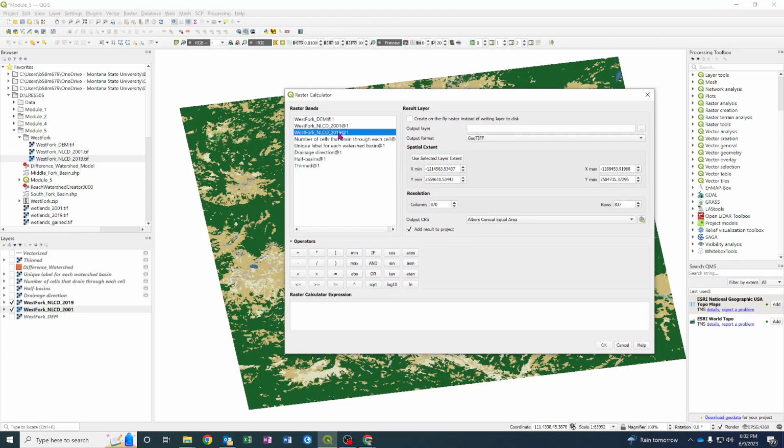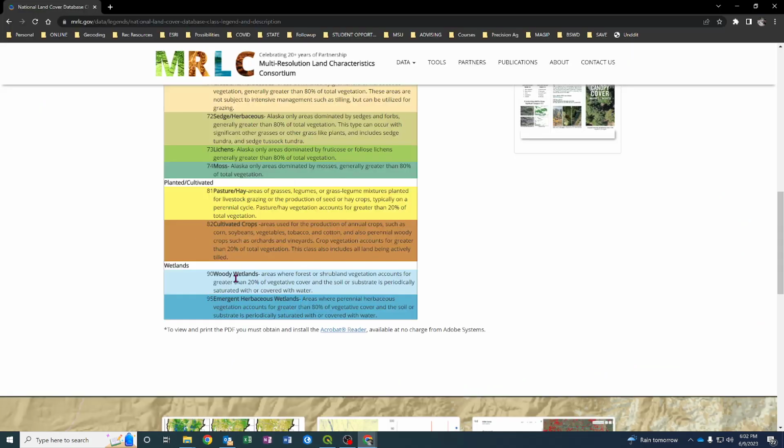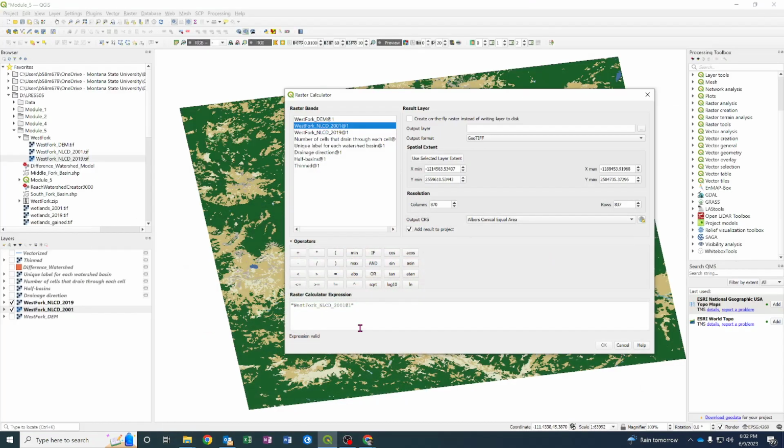So for right now, we've got single band images, and I want to pull the wetlands out of 2001. And again, going back to my legend, I can see that wetlands isn't just 95, but it's actually 90 and 95. There's two different kinds of wetlands, but I'm going to lump those together. So I'm going to say where 2001